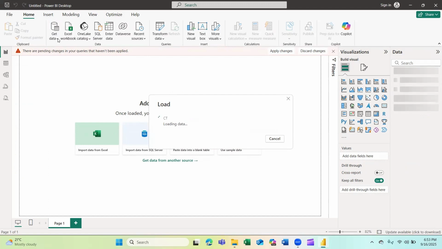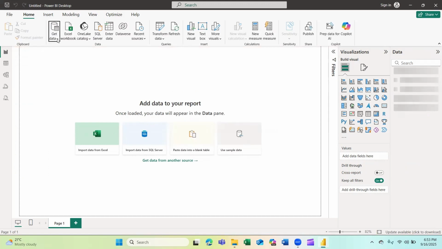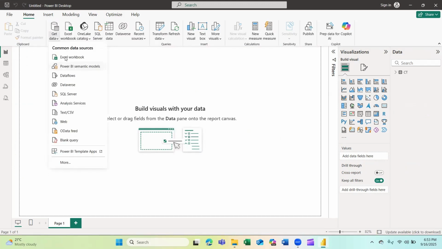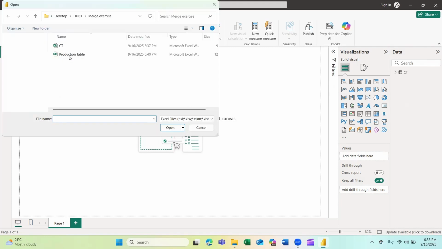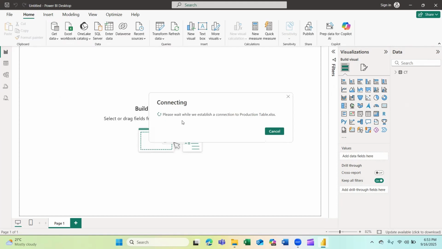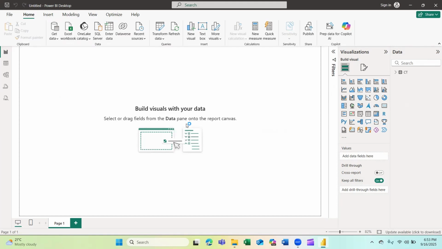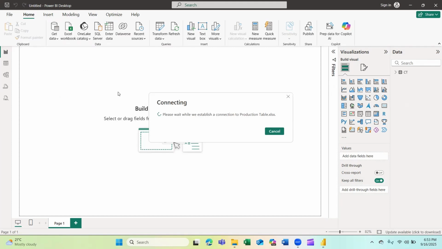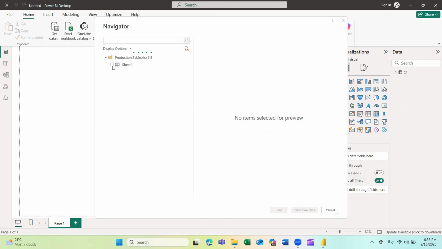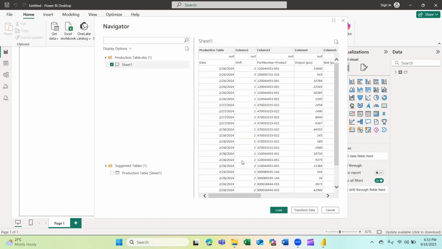Loading data. Second table, production table, open it. Now we can see our Excel sheet, our table. Transform data.